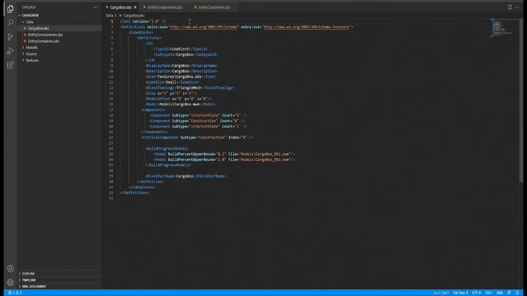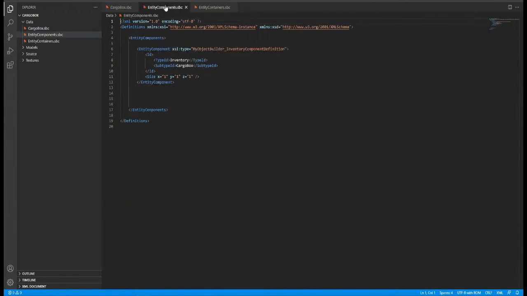But what's different this time is I've set up these 2 files, an entity component and an entity container. What an entity component does is it allows you to add some additional functions to your item that it might not otherwise have because of its block type. Most commonly, these are inventories. So much like the freight box in the vanilla game,